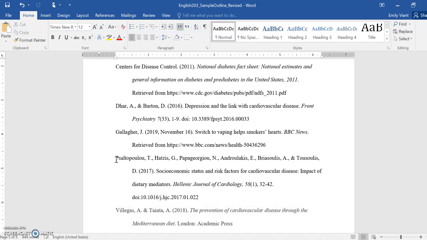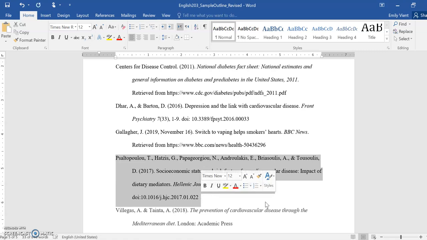You must have one academic journal in your source list. And then the other